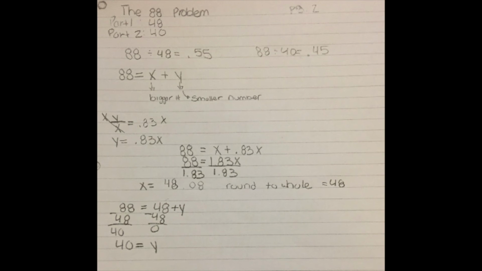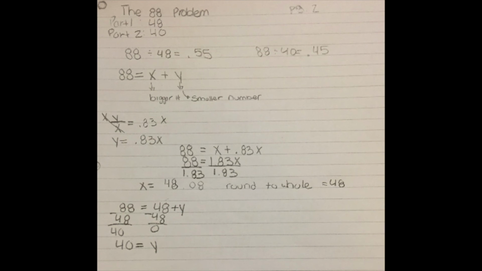I didn't really feel like I understood it at this point. So I wanted to see if I could solve it through just algebra. And so I set 88 equal to x plus y, and I also set y over x, because that would be representing the 2/3 over the 4/5. So I knew it would be part 2 over part 1. Anyway, so I set those equal to 0.83, and I multiplied both sides by x to get x out of the denominator. And so I got y equals